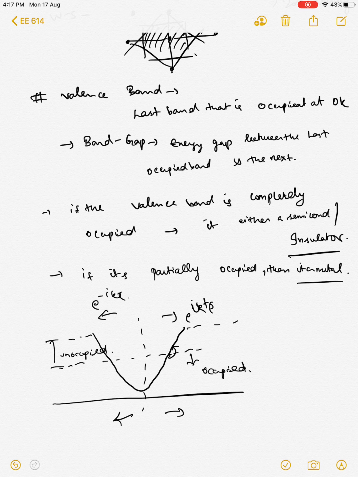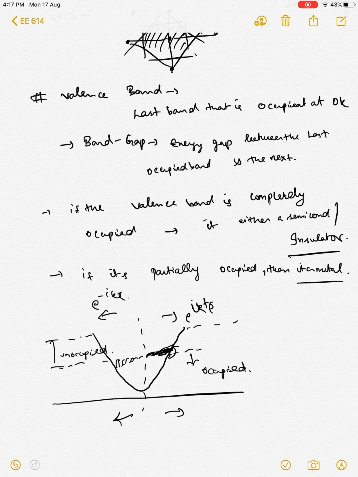Now if you apply some potential bias, you can in principle increase an infinitesimally small population on the right and remove the small population on the left, right? If you do this, then there is a net motion of electrons along the right,